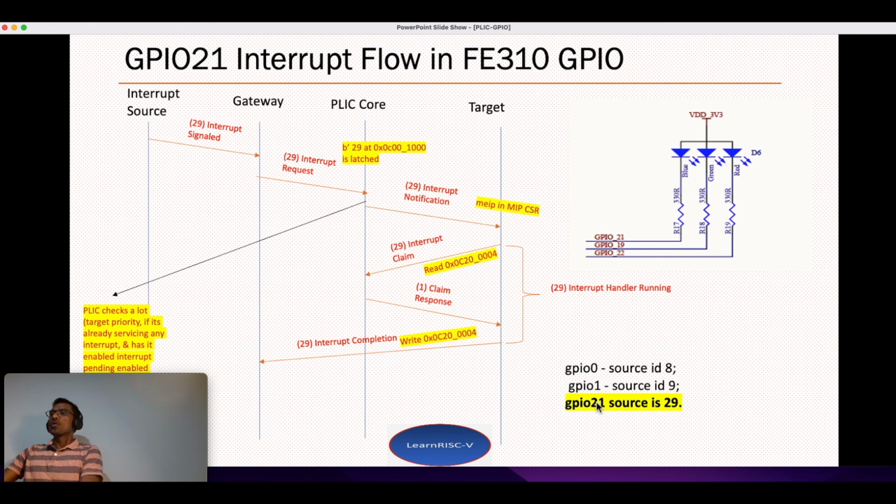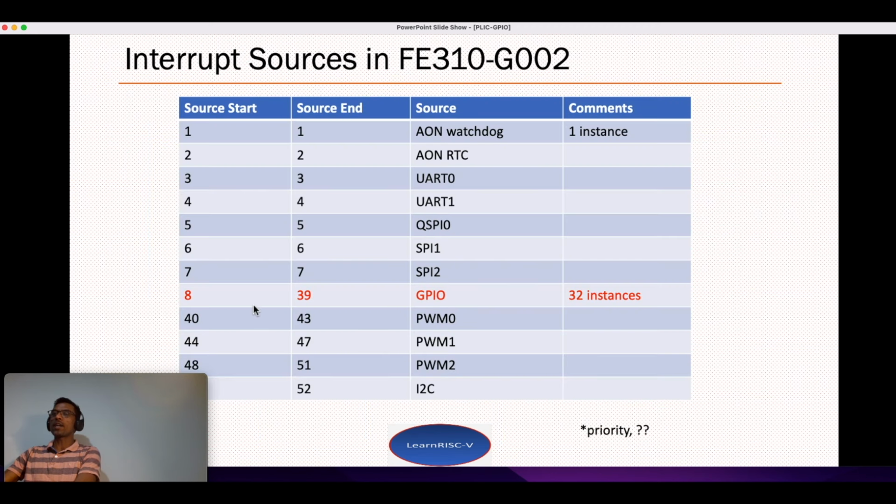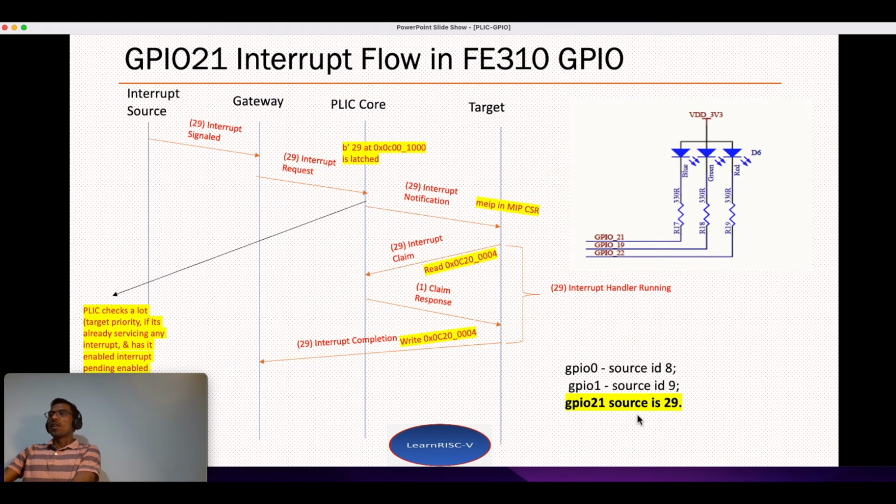So for GPIO, the source corresponding to the GPIO is 29. If you go back here, the GPIO 0 all the way to 31, it starts from 8, so there are 32 instances, so 8 would correspond to GPIO 0, and if you calculate, then you would find that GPIO 21 would correspond to source 29. Okay,